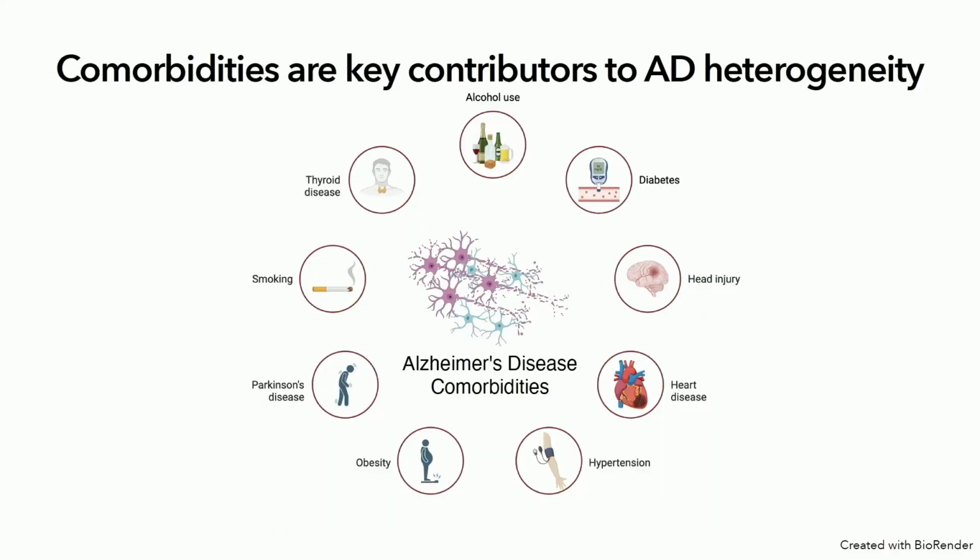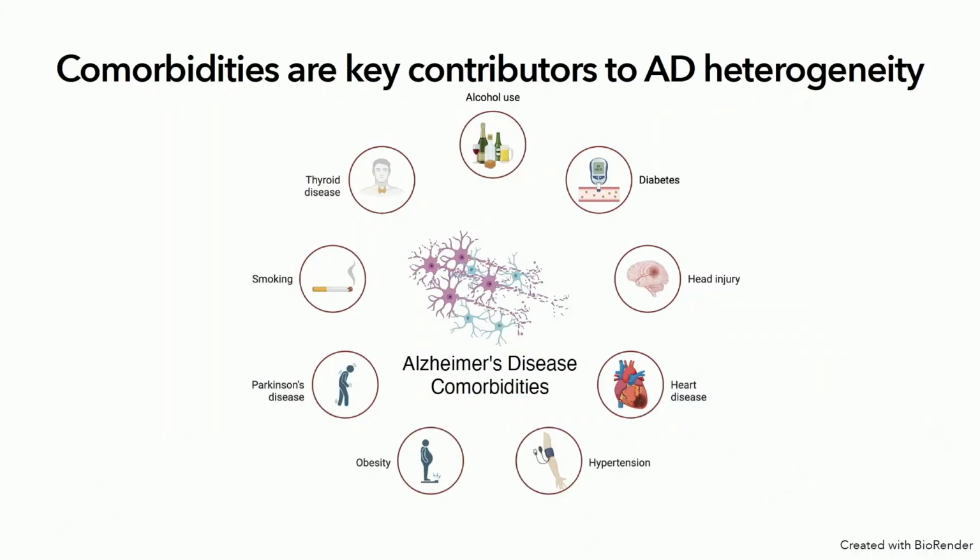One factor which complicates the treatment of AD is its heterogeneity. AD predominantly affects older individuals, many of whom have other comorbidities or diseases which occur alongside AD. Each comorbidity alters the progression of AD, meaning that no two individuals have the same AD. Current treatments for AD are largely ineffective because they completely ignore this intrinsic heterogeneity, treating it as a single disorder. By characterizing how comorbidities contribute to the diversity of AD, our work is the first step towards personalized ways to